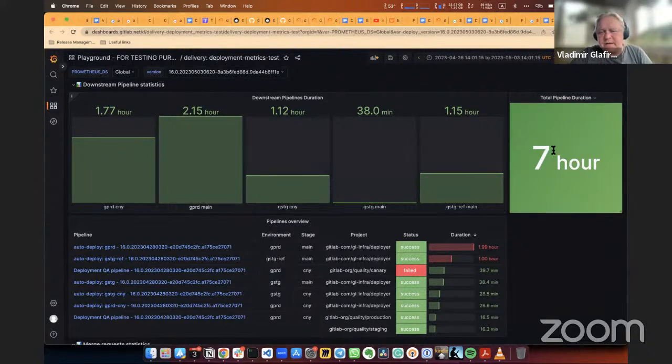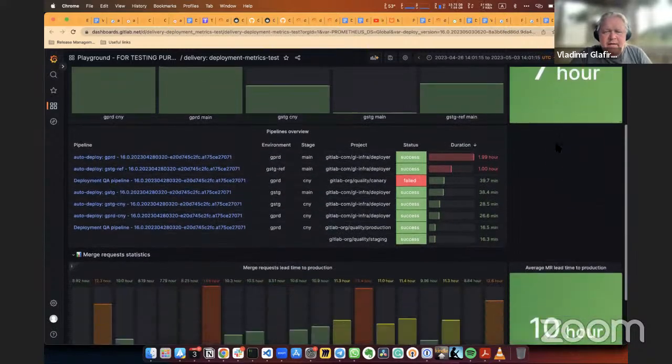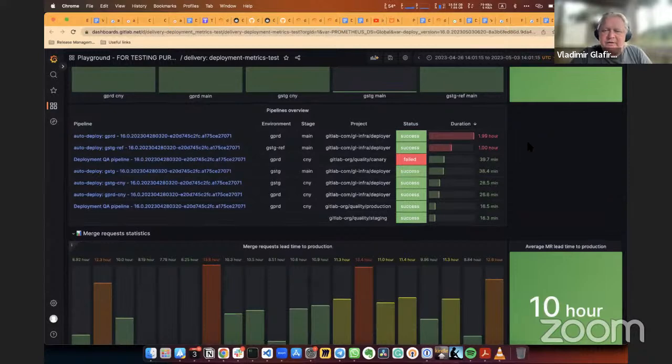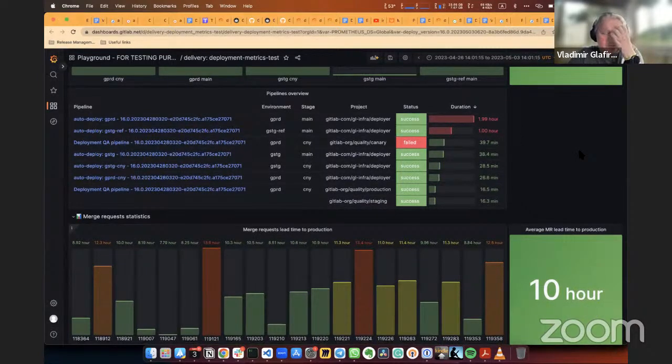And this one is the whole coordination pipeline, like the runtime for the coordination pipeline. I think in my MR I renamed it to coordination pipeline duration. And here you have the whole overview of the coordination pipeline. And here you have a table, which I honestly don't know how to span more, but I will try to figure this out. For the time being, let's just keep it like this, but it would be nice if it could span to the